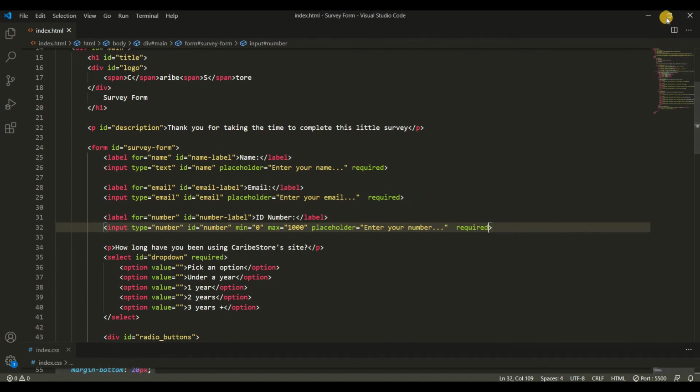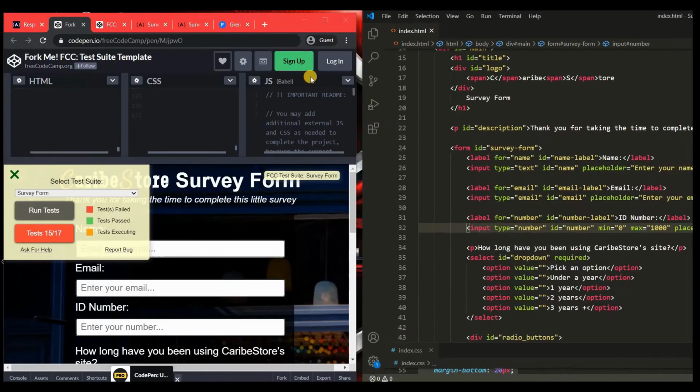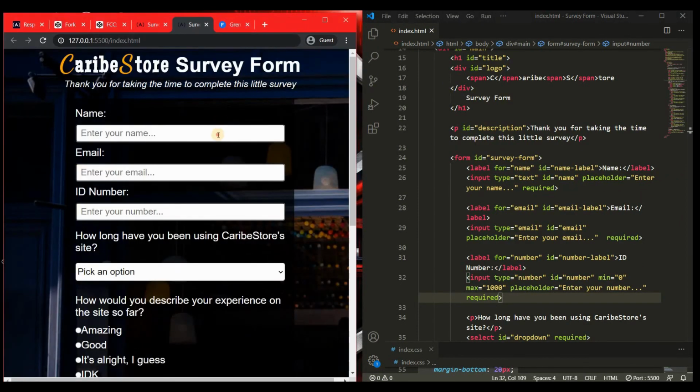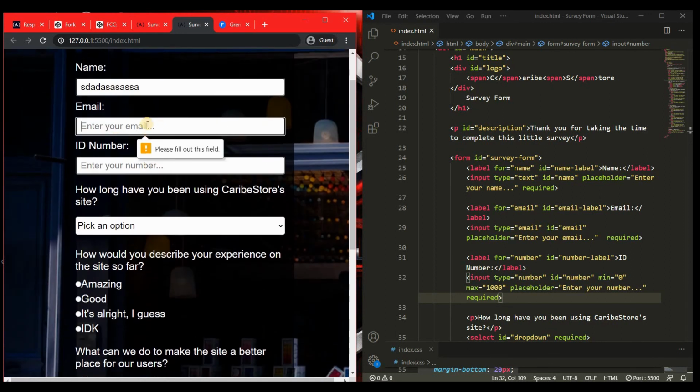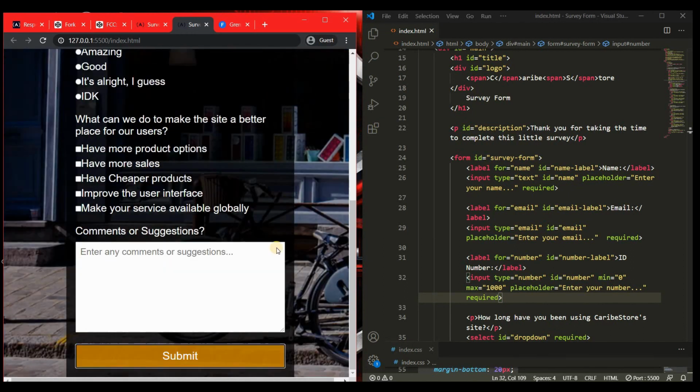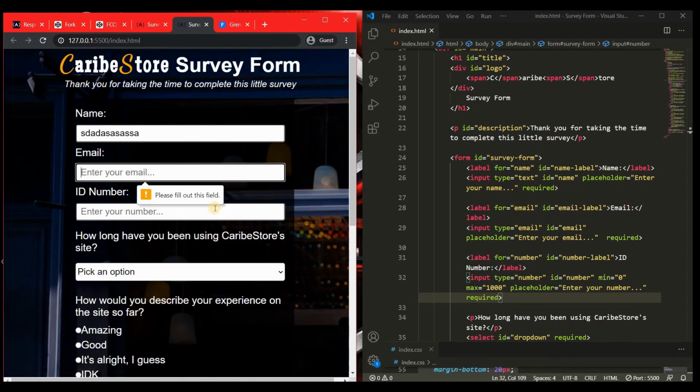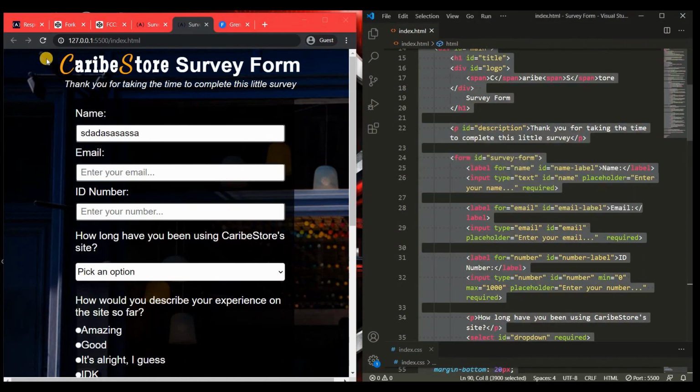What this does is that when I go here, if I leave something blank and I click submit, it'll ask me to fill it out. That's what I missed. So that's what required is there for. Required sends out an error message, a validation that asks you to fill this out if you leave it empty. So now if we go back and copy this,